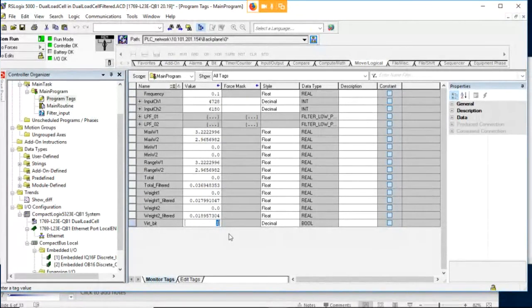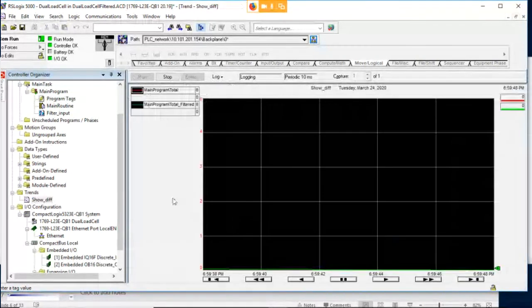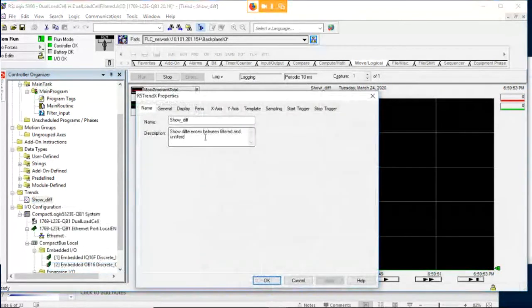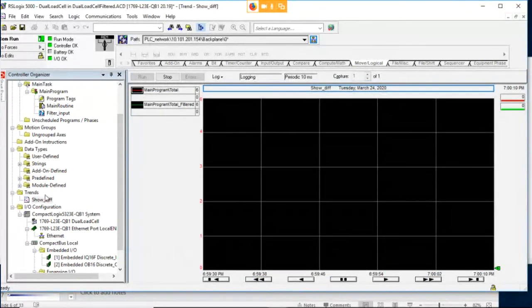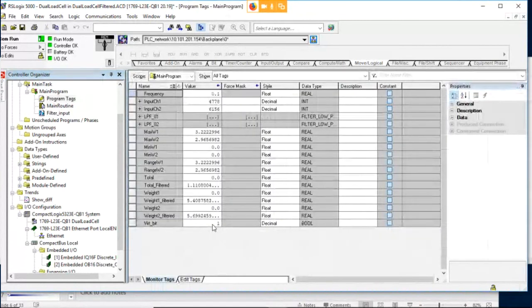Okay, and actually, before I do that, let me come back to the trend, and I'm going to set the property. The x-axis was at 10 seconds. I'm going to set this to about 40 seconds. The reason I'm going to do that is I want to see exactly how long it is taking before it gets up there. Okay, and I think 40 seconds is probably too long, but so I'm going to come over here